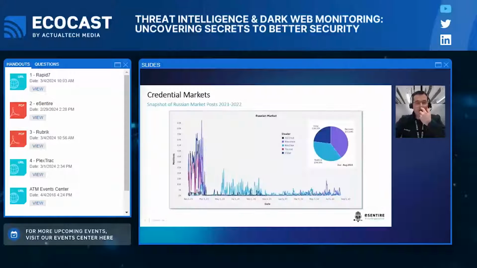Now, a quick example of the volume of activity on Russian Market. This is a snapshot from a few years ago, and we saw peaks of 60,000 posts per day. Even on the low end, there's still thousands of new posts each day, all from information stealing malware on infected systems. Really important here to have good anti-malware capability in your organization. But I do need to stress that we have seen instances where unmanaged endpoints get infected and corporate credentials show up on places like Russian Market. It's a good opportunity to recall that earlier slide about unmanaged devices and the need to look beyond the perimeter. This is a great example of where the credentials from those unmanaged devices might show up.